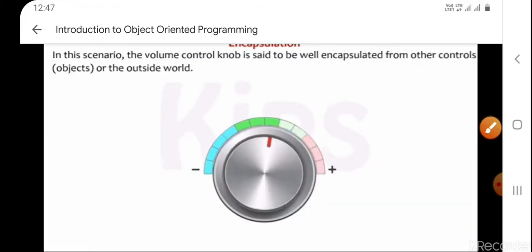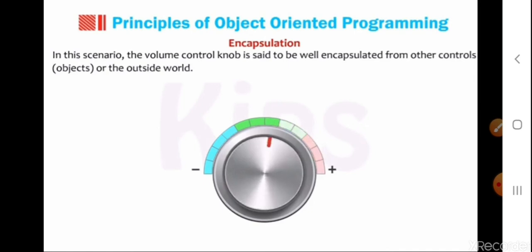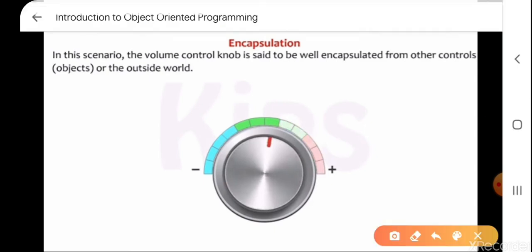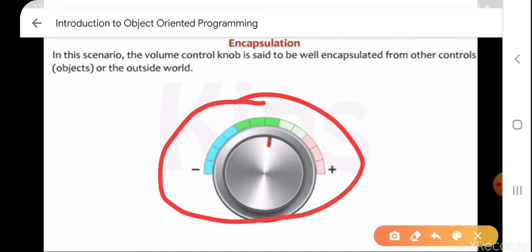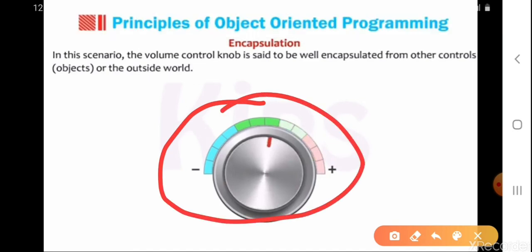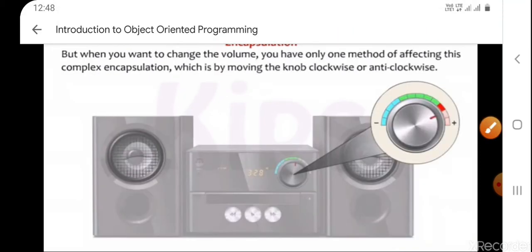In this scenario the volume control knob is said to be well encapsulated from the other controls, or the outside world, because it is going to do only one thing. If you rotate this volume control knob, it will change the volume, it will not change the song. Why will it not change the song? Because it is well encapsulated from other controls.